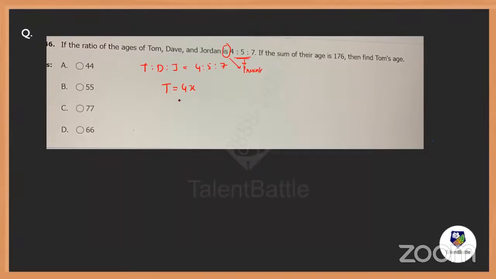So Tom's age is 4x, Dave's age is 5x, and Jordan's age is 7x. And given the sum of their ages, again present, is 176. So 4x plus 5x plus 7x is equal to 176. 4 plus 5 is 9, 9 plus 7 is 16. 16x is equal to 176, means 16 ones are 16, so the x value is 11.